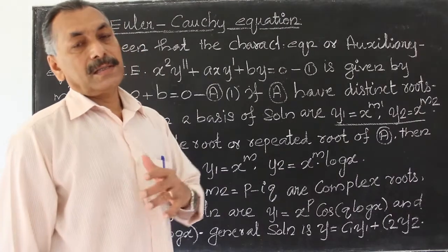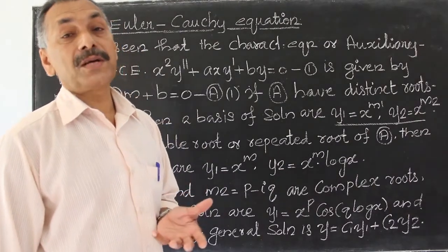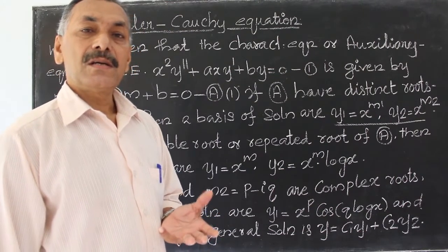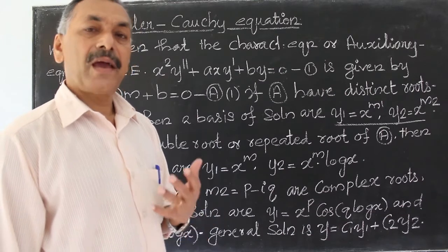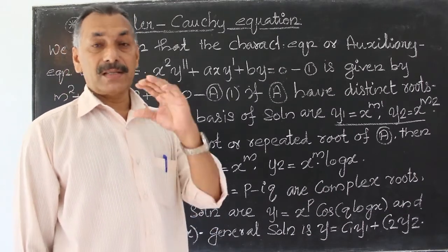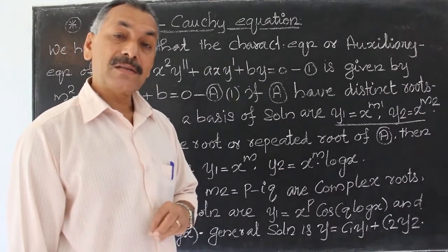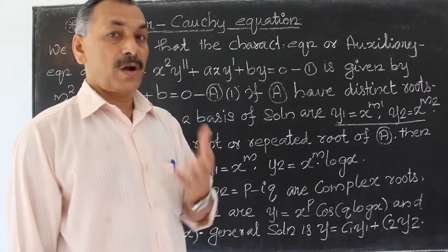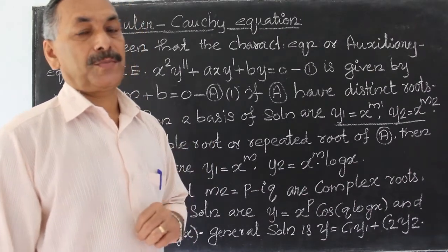What is the general form of Euler-Cauchy equation? The general form of Euler-Cauchy equation is x squared y double dash plus a x y dash plus b y is equal to 0. And what is the characteristic equation or Euler equation? The characteristic equation is m squared plus (a minus 1) m plus b is equal to 0. Then,